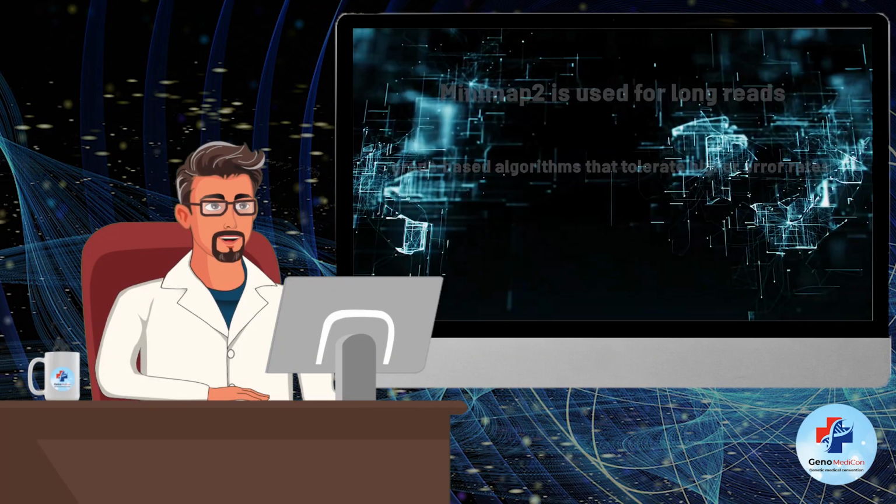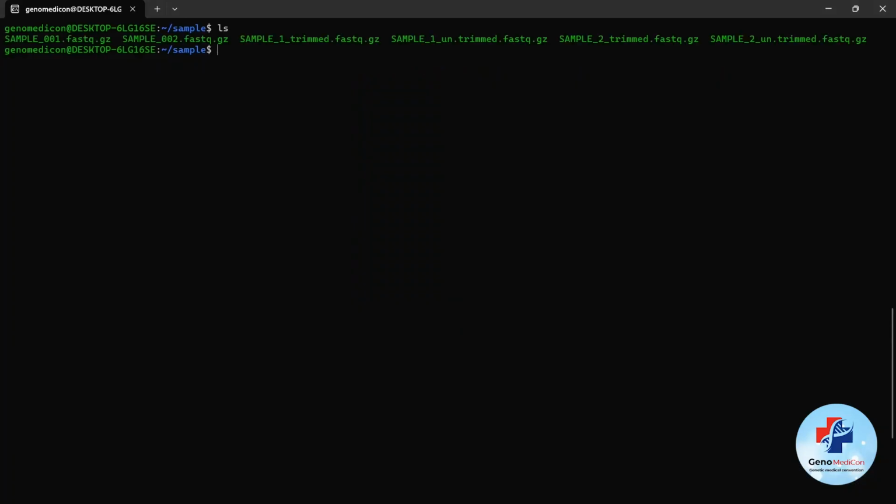To perform alignment efficiently, tools require the reference genome to be pre-processed into an index format. An index file acts like a roadmap, allowing the aligner to quickly locate regions of the genome for comparison. For example, when using BWA, you must first create an index for the reference genome. But keep in mind that you have to perform this step only once for each genome assembly.